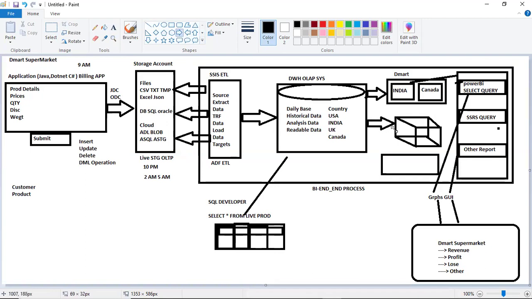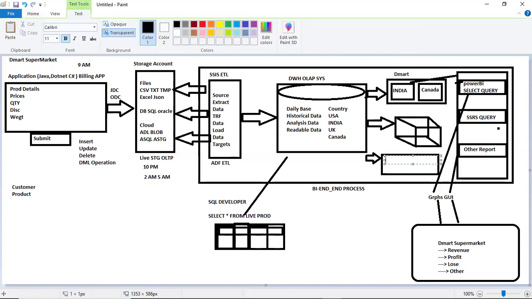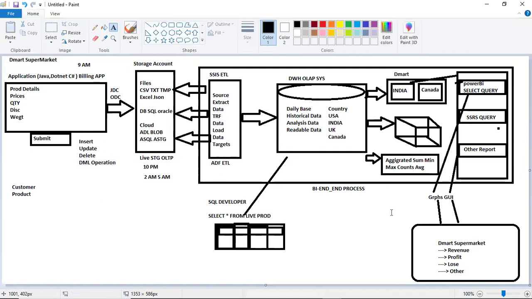The work is more. In case you want aggregated data, definitely in a query you are writing some min, max. So instead of that, we maintain here the min, max, counts, average, everything, so they don't need to write it in a query. While loading the data only, I'll maintain everything and send the data through this one.